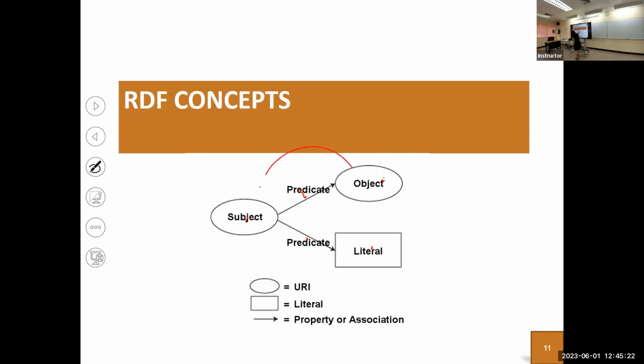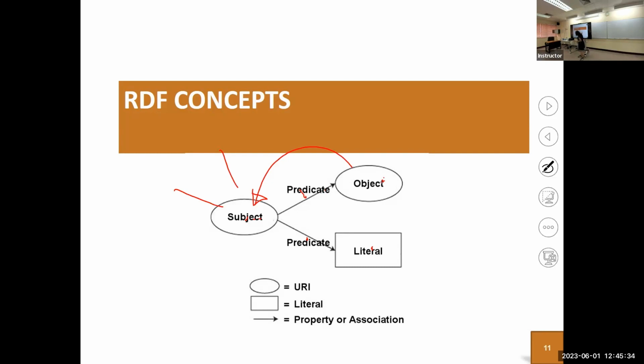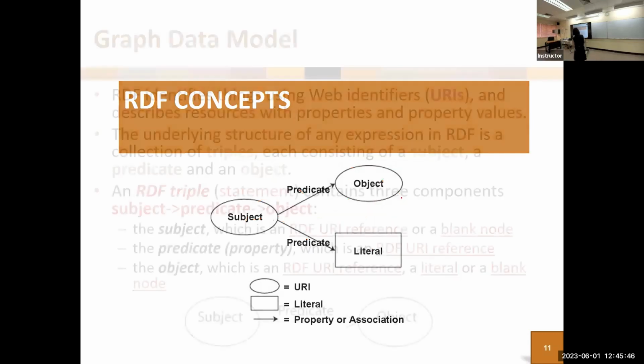And it can be in the backward direction, and it can be multiple predicates as well. This subject may have a relation with this object on this predicate one, and maybe a different relationship, but having the relationship with the same object using different predicates. That is also possible. Okay,